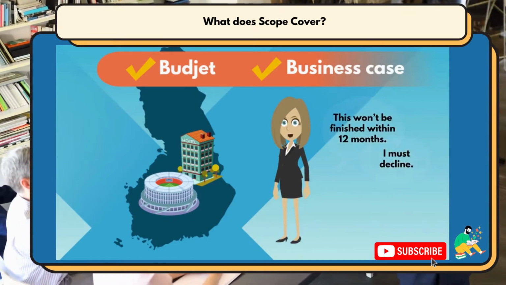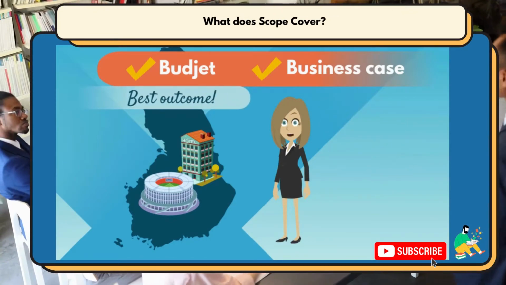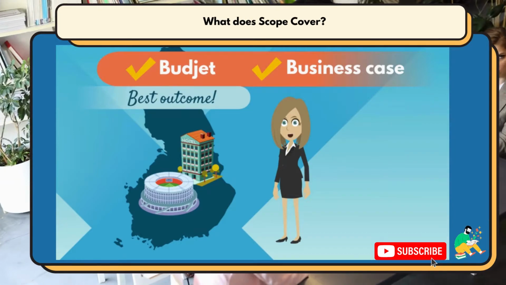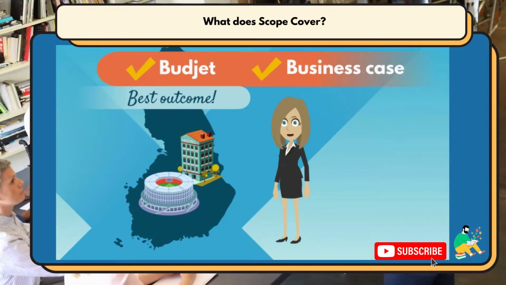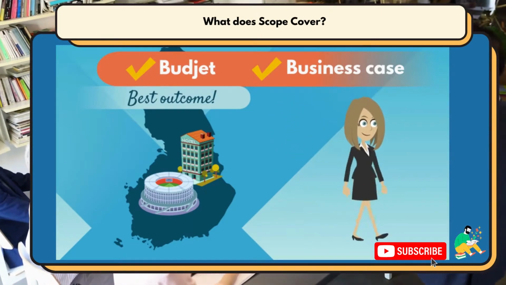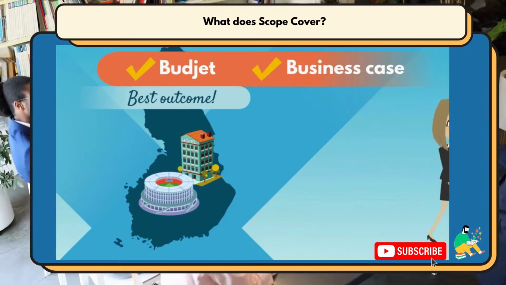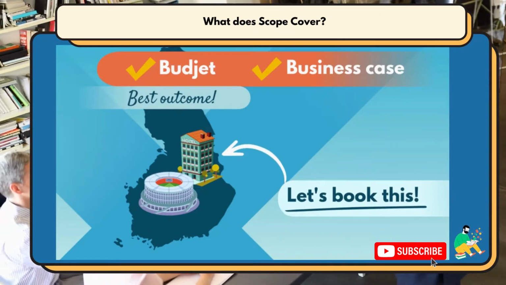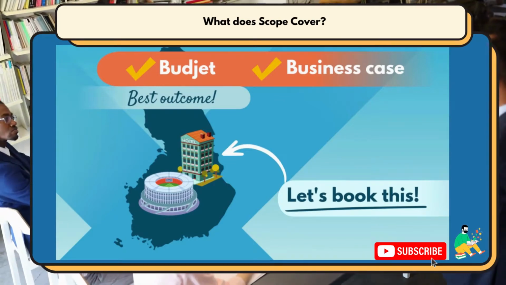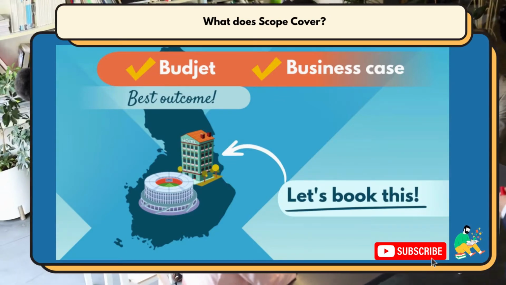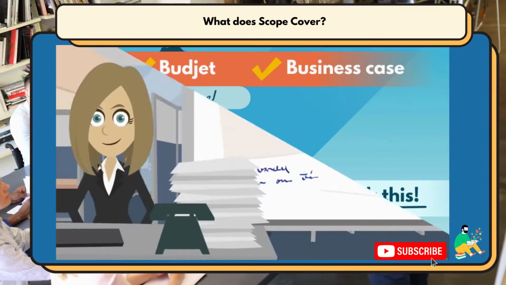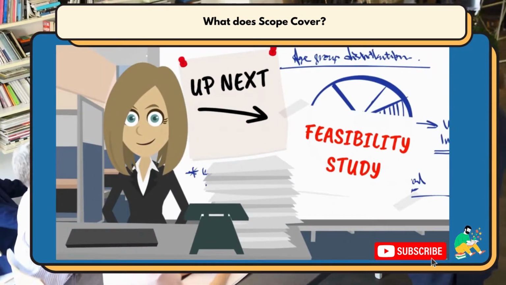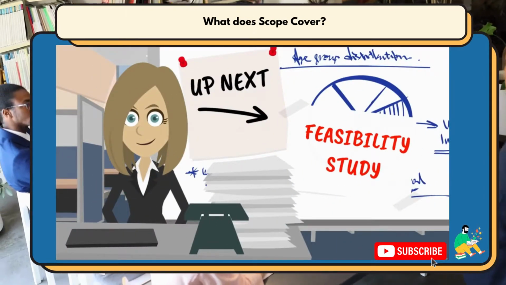This is the best outcome for everybody, as the organization knows not to waste resources on a project that will serve them no benefit, and instead finds other means to achieve the desired goal, like booking an entire already built hotel for the duration of the tournament. One way a project sponsor will assess whether a project is realistic is through a feasibility study, which we will discuss in the next lesson. See you there.